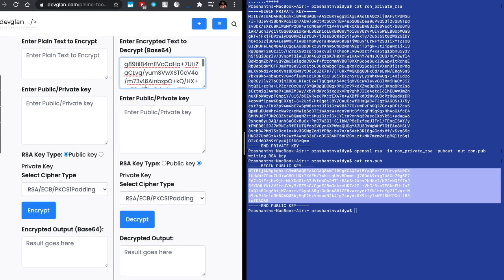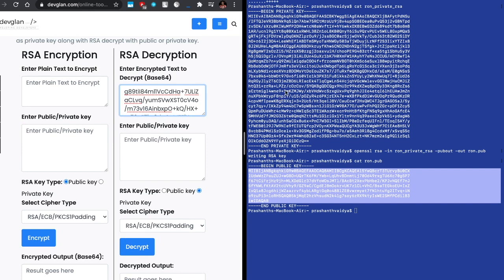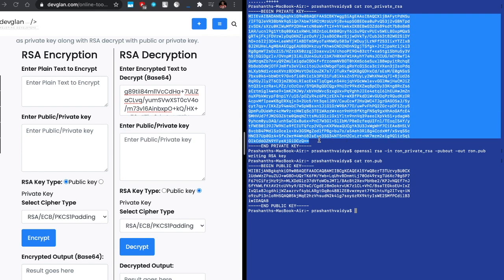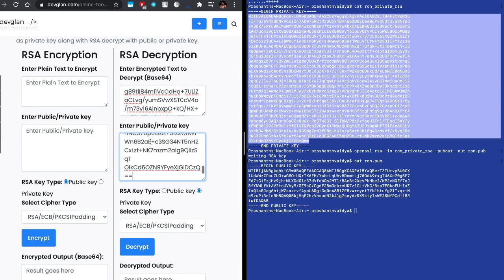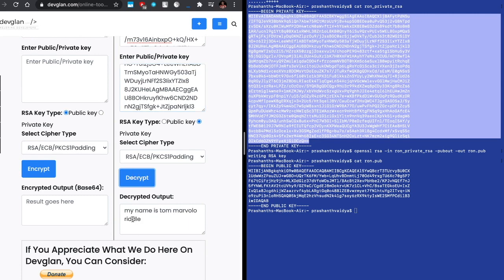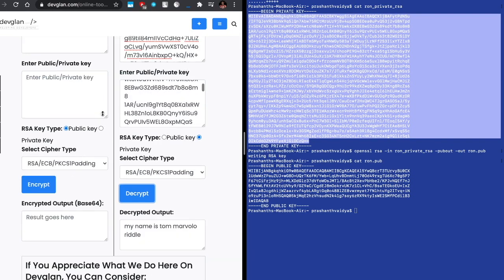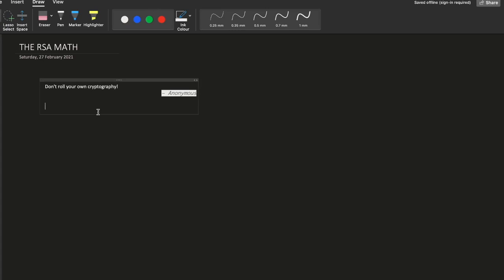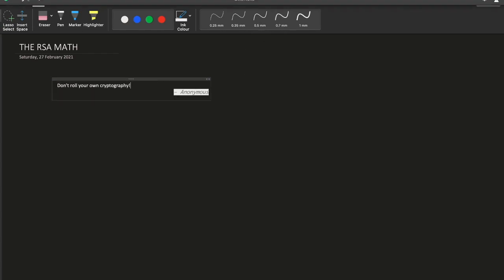So this is the encrypted text that Ron would receive, and there's nobody, including Malfoy, who's going to be able to crack the code, and that's because only Ron has his private key, and using his private key, he's now able to decrypt what Harry sent him, which is: my name is Tom Marvolo Riddle. This is just to give you a bird's eye view of how RSA encryption and decryption works. Let's use smaller numbers to get a better feel of how this algorithm works. And before that, we need certain prerequisites, which I'll be walking through right now.